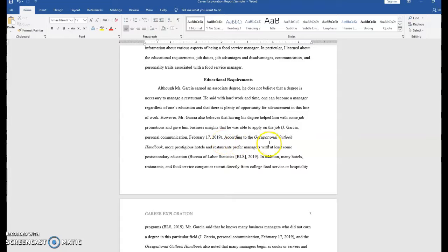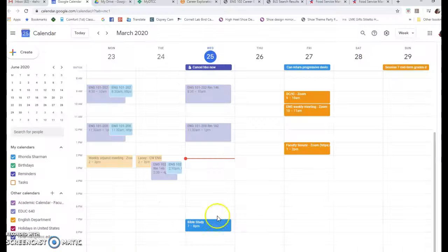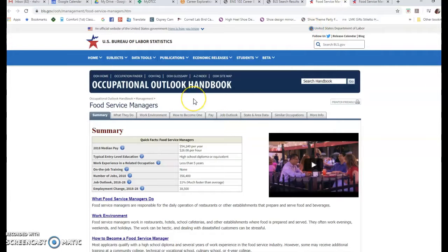end your parentheses, and end with a period. For the Occupational Outlook Handbook, I recommend that you open up the print version of that document. So I'm going to go over here to the Occupational Outlook Handbook, where I have found information on food service